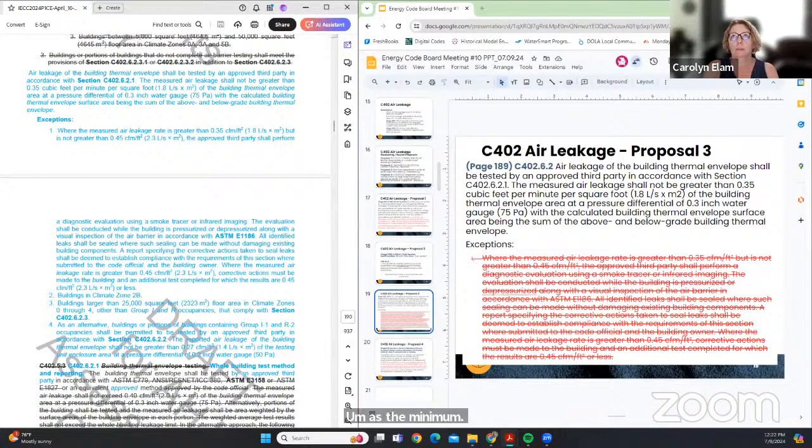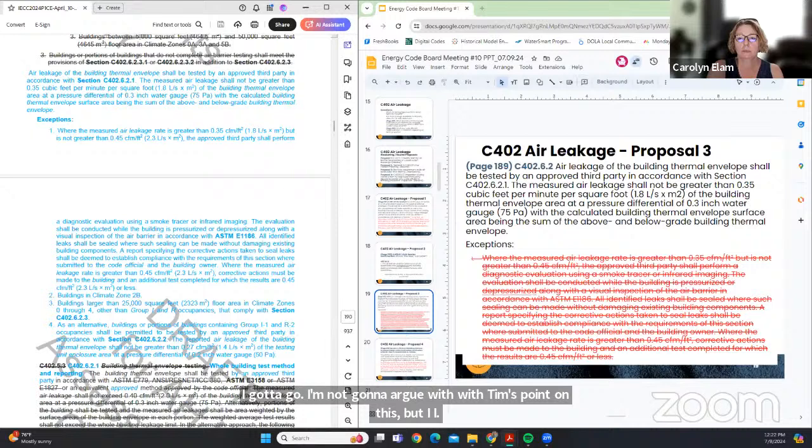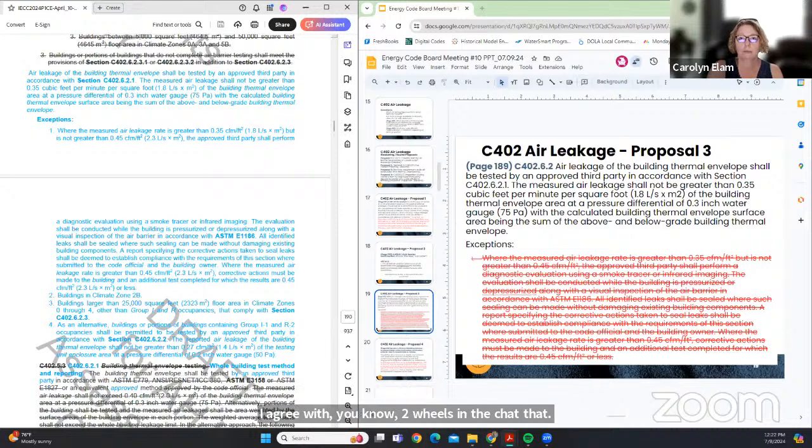But to your point, they should do all of that before submitting the documentation to get their certificate of occupancy, right? I'm not going to argue with Tim's point on this, but I agree with Kim Wills in the chat that we would require it to be corrected if it didn't meet the requirements.